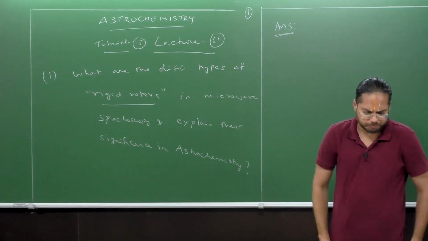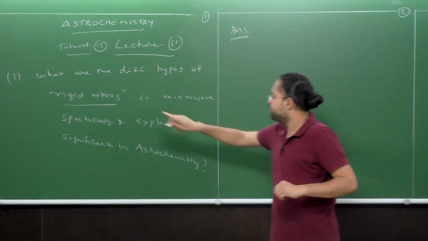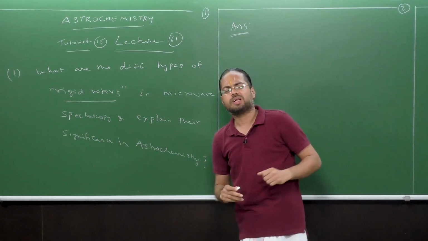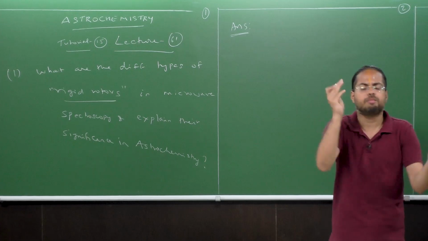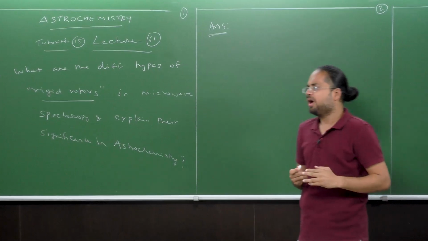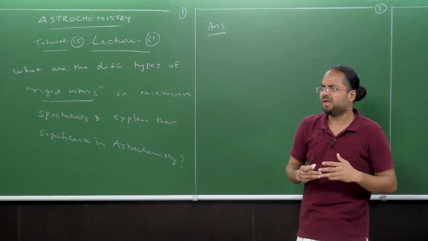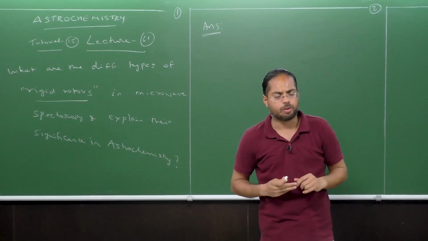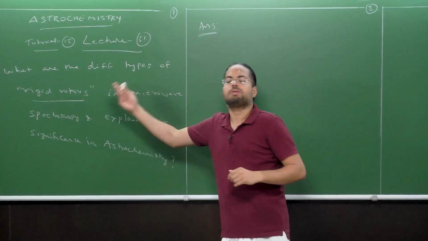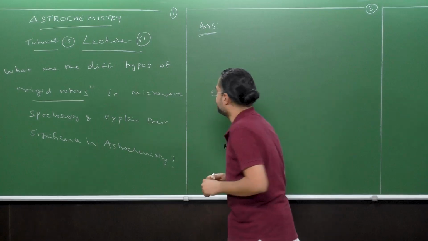broadly speaking, now recall that while we were studying pure rotational motion, we had to assume that the molecule was a rigid rotor. In other words, it did not undergo any deformation as it was rotating about some axis. Okay. Now, in the lectures themselves, we discussed the case of only a diatomic molecule and the easier case of a linear molecule. Okay. Now, with polyatomic molecules, more complexity is added. Okay, so we shall address that complexity right here. The different types of rigid rotors are going to be A,